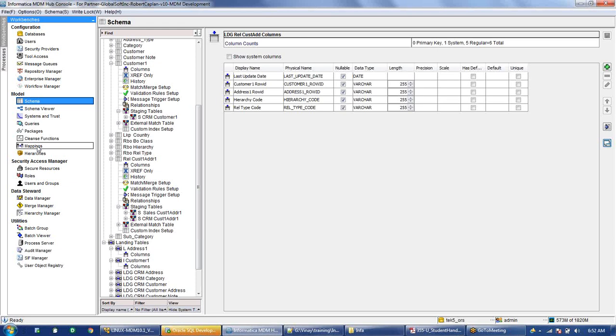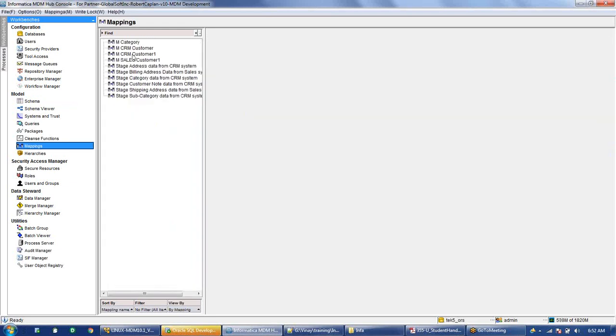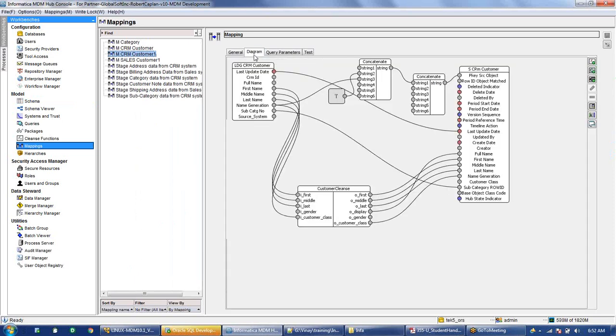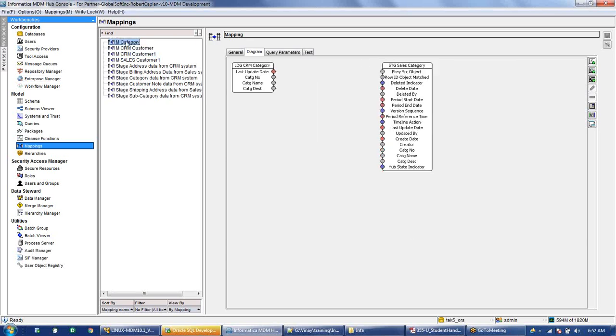So we'll go to the mappings here. No, the mappings are deleted now. Okay, no problem. I'll just create the mapping again.